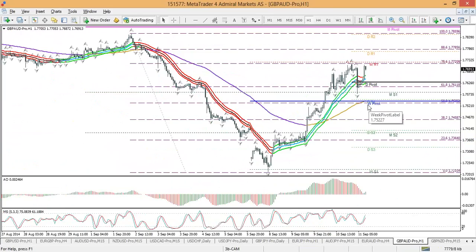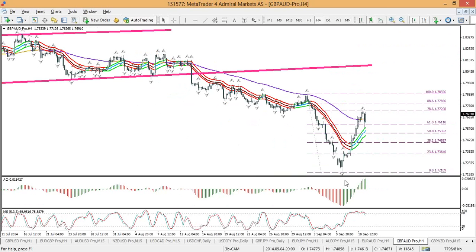So I'm in a wait and hold mode at the moment. I really don't like the upside. There's limited potential in my opinion with an 886 fib, a double top at 78.6 fib, and a double top here, a bigger double top at the daily R2. So I don't like that upside, especially considering the strong 4-hour downside. In the meantime, we're getting a strong upside as well, but that doesn't mean I want to go long right now. And so I'm still bearish, but